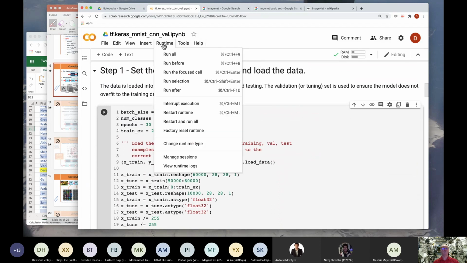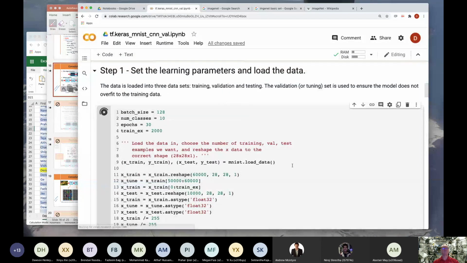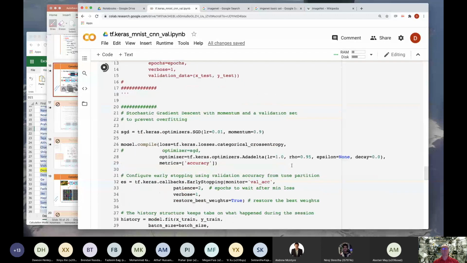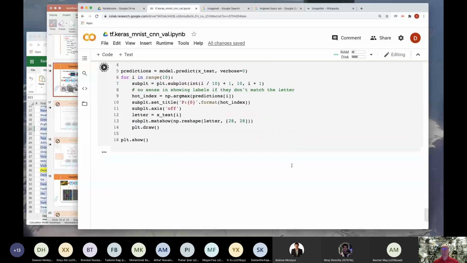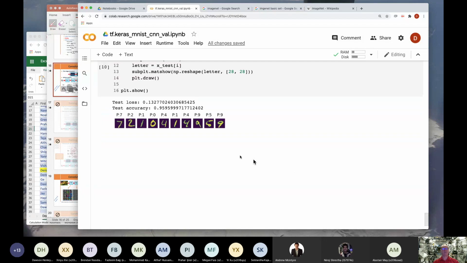And the other thing I can do is go up to my runtime and let me just check. Oh, I do have the GPU on. Run all. I thought it moved along rather quickly there. See if it does a little better. And it's getting a little better, 95. And if you train it even longer, it'll get even better. It's up around 96.